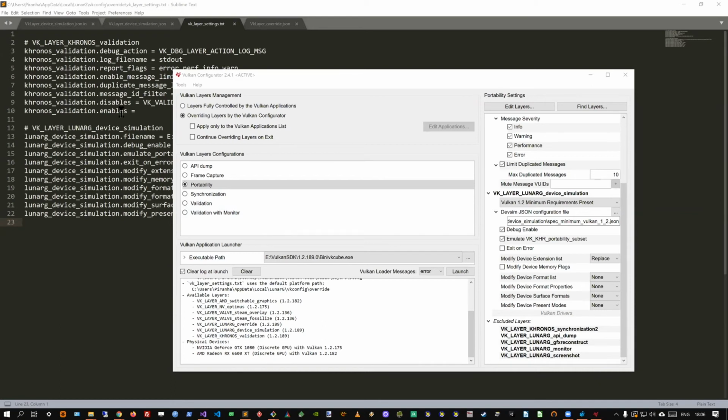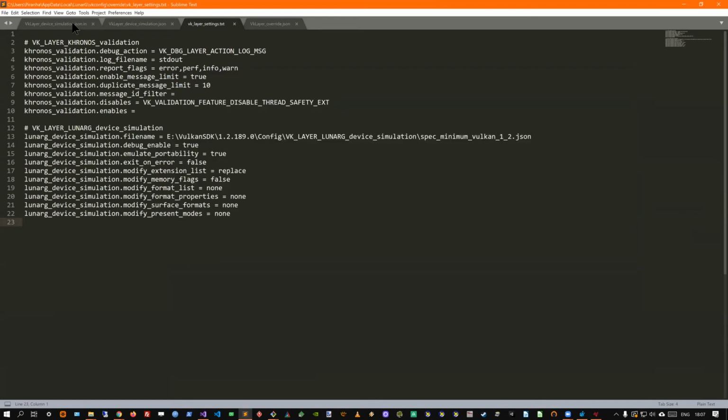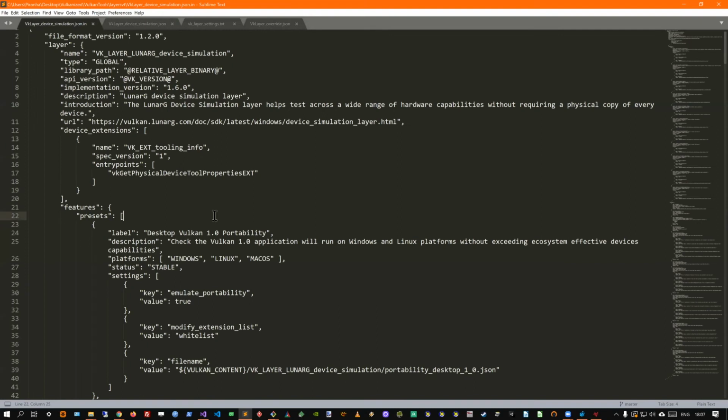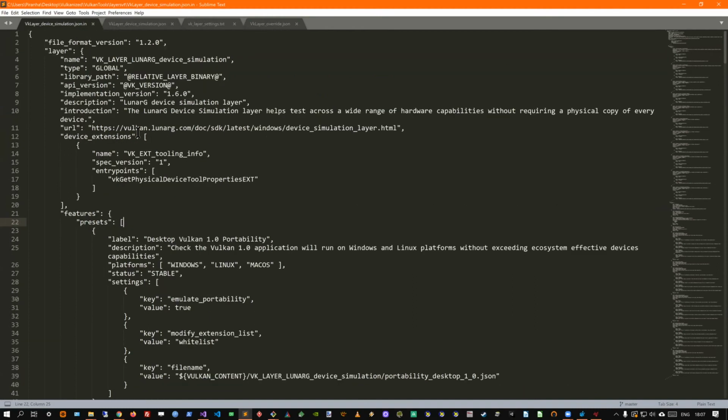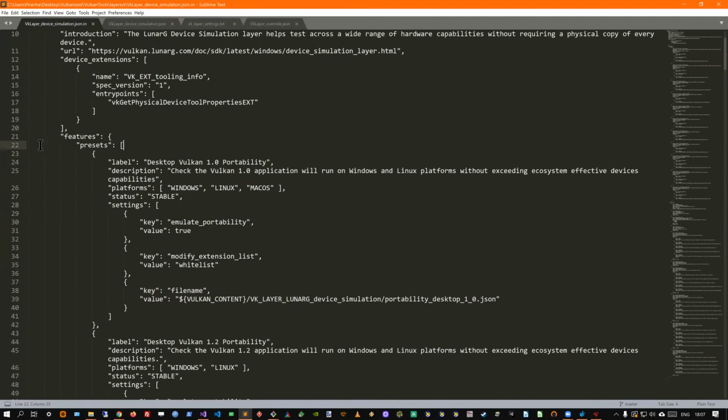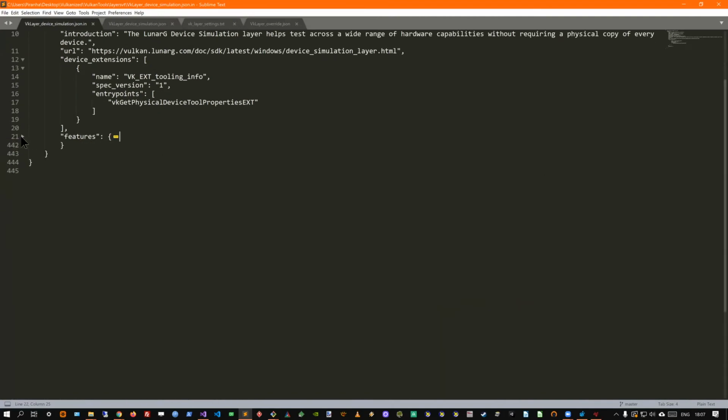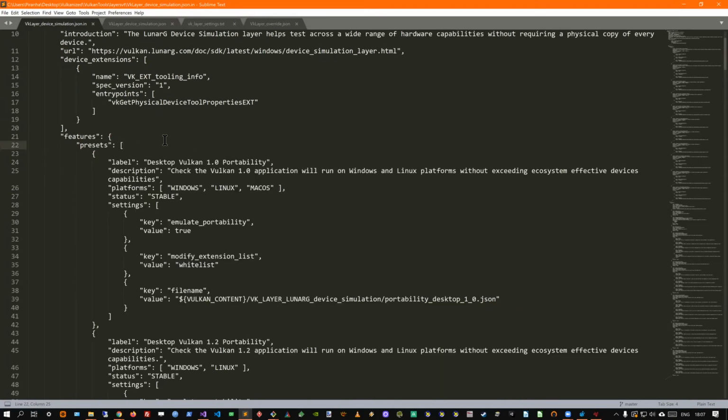That will allow us to see the features of the layer manifest. I don't know if you have already opened a layer manifest file. All the files are in the SDK, so anyone can read them. First, there is a header, but I'm not going to discuss that. I'm going to focus more on this feature section, where there are two parts.